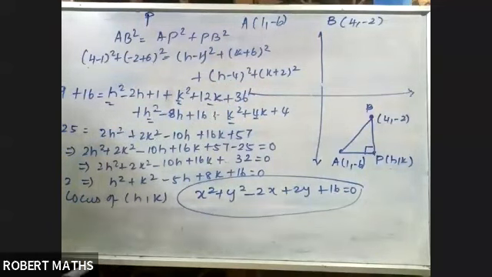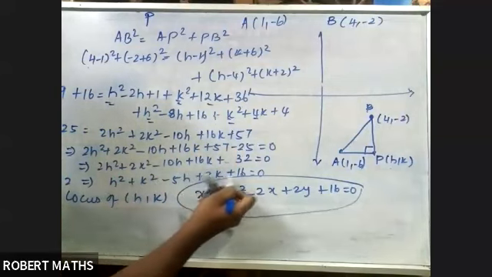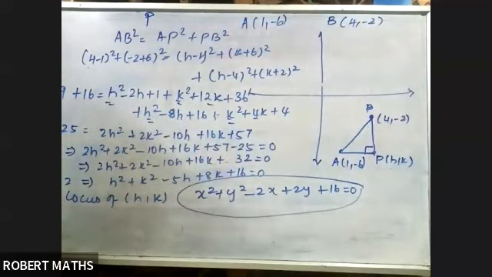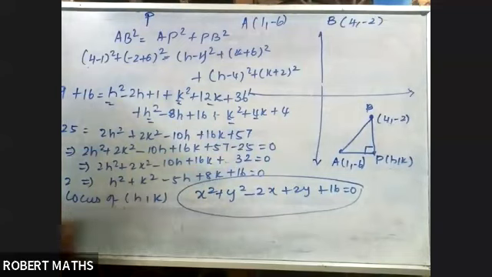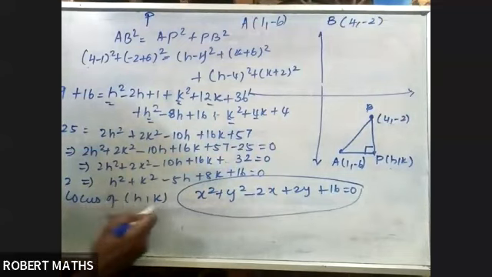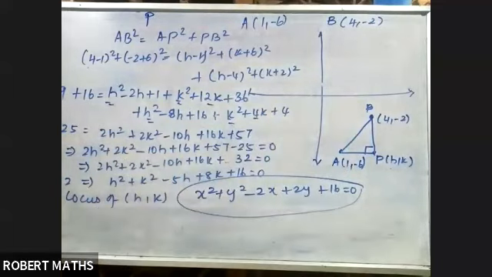Now I am rearranging. Bring this 25 to that side. This becomes 32 equal to 0. Everywhere 2 is common, so we are dividing by 2. We'll get the equation H square plus K square minus 2H plus 8K. Now, the important condition of the locus, the final statement: you have to replace H by X and K by Y. So what word do we have to put there? We have to put the word locus. Locus of H comma K is X square plus Y square minus 2X plus 2Y plus 16 equal to 0. That is the answer. Please take down.